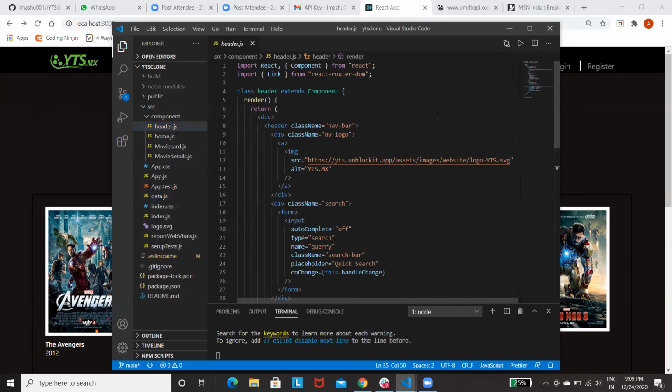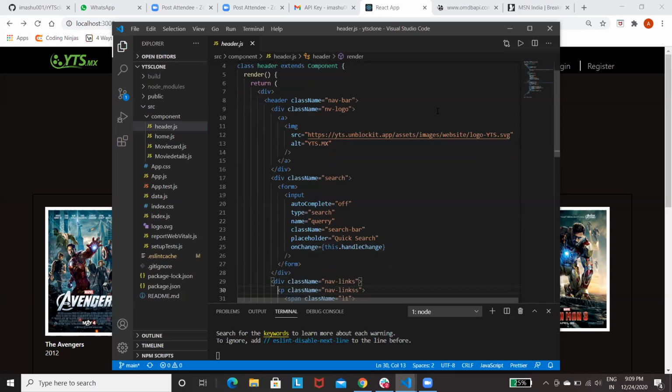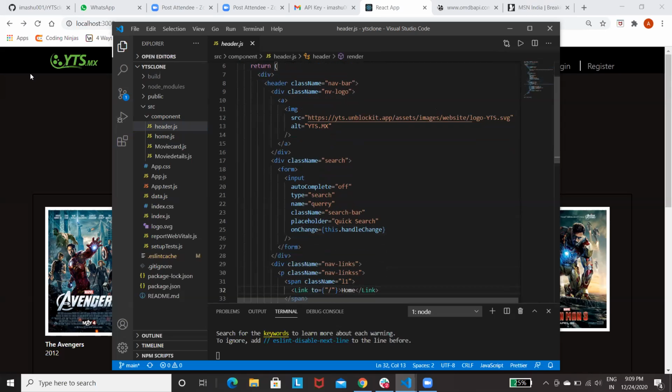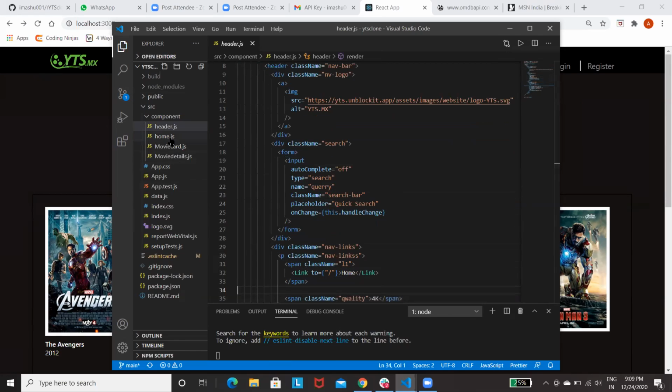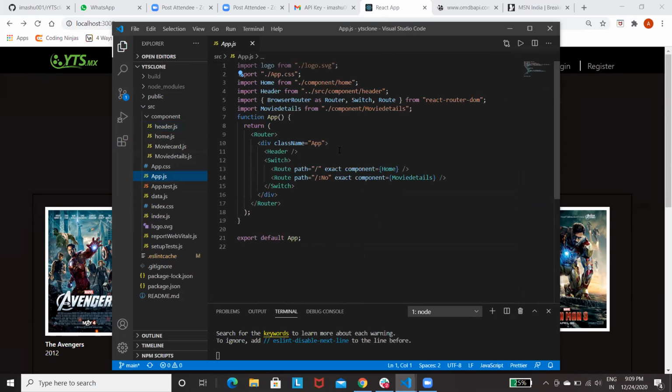So the header is this. I don't think there is anything fancy about it to talk about. It's just an image I got from Google Images for the header. Show me the app.js file. Okay, I should start with app.js already.